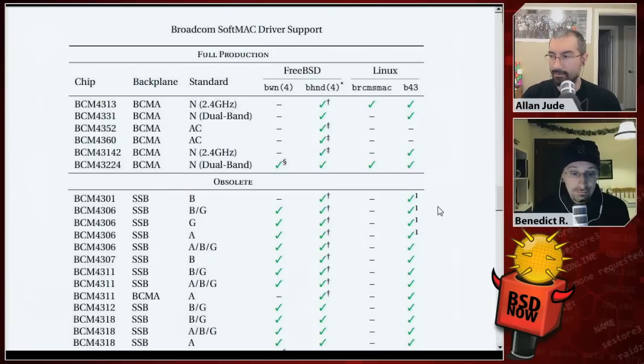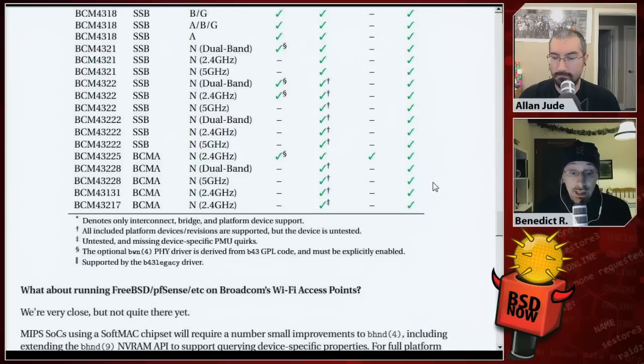Interestingly, in the table they have here at the bottom, some of the newer Broadcom chips, like the BCM4360, are listed as supported on FreeBSD by the BHND driver and not yet supported on Linux by their B43 driver. Oh yeah, there's a good comparison chart and table where you can see which software version works already and is now better supported, or supported in the first place. So this is pretty extensive. Wow, this is totally going into detail.